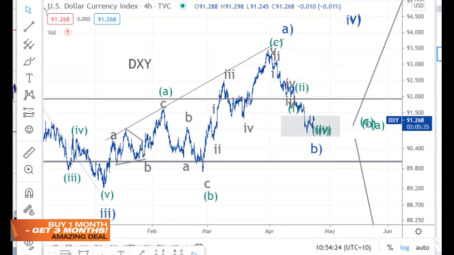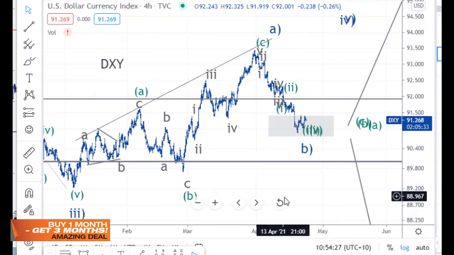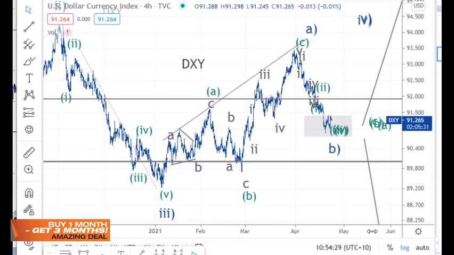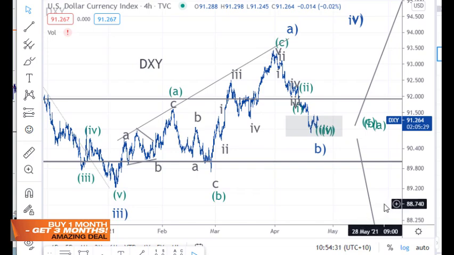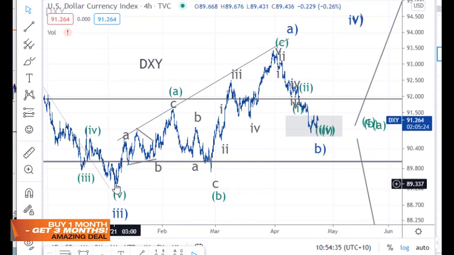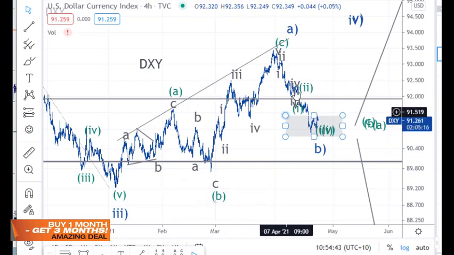Here, the basket of currencies against the US dollar. So what I want to point out here is a couple of things, 3 points really. I've always known the first move up here was in three waves. So I've always known that, in terms of Elliott, whatever happened, this would all be part